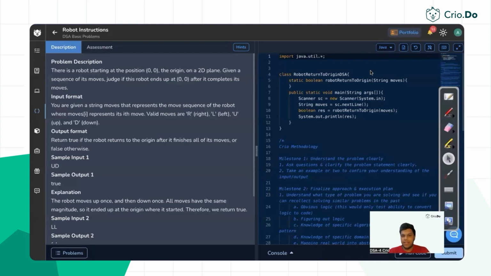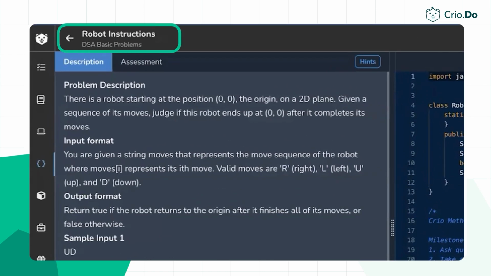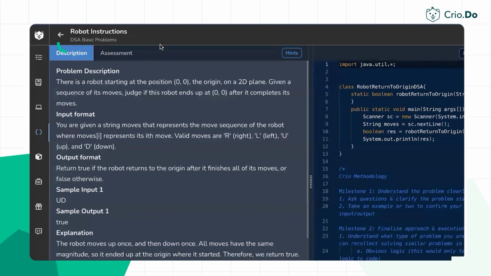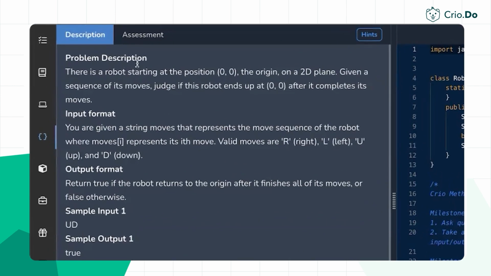Everyone, welcome back. In this particular video, we will be discussing the problem robot instructions. What is given is there is a robot starting at the position 0, 0 in a 2D plane. Obviously, you can assume that it is starting from the origin node, the 0, 0 node. Given a sequence of its moves, judge if this robot ends up at 0, 0 again after it completes all